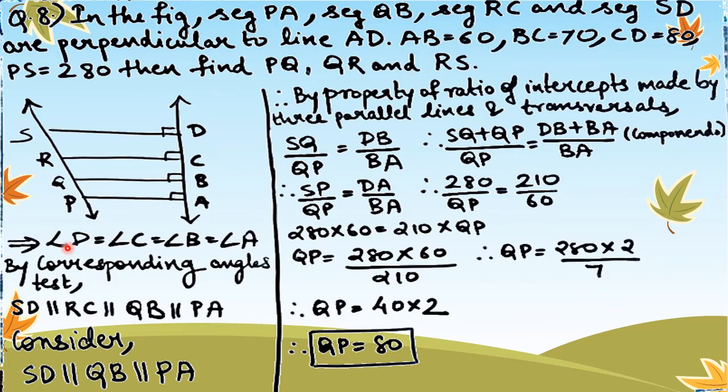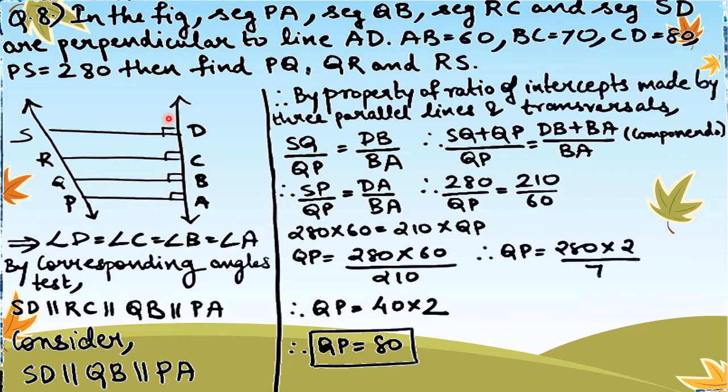So angle D is equal to angle C is equal to angle B is equal to angle A. That means the corresponding angles in context of parallel lines are equal. That means these lines are parallel by the corresponding angles test. You have 3 tests to check if lines are parallel: alternate angle test, corresponding angle test and interior angle test. When you have corresponding angles congruent or alternate angles congruent, then we can say that those lines are parallel. Similarly, when interior angles are supplementary, we can say that the lines are parallel. So there are three ways to say this.